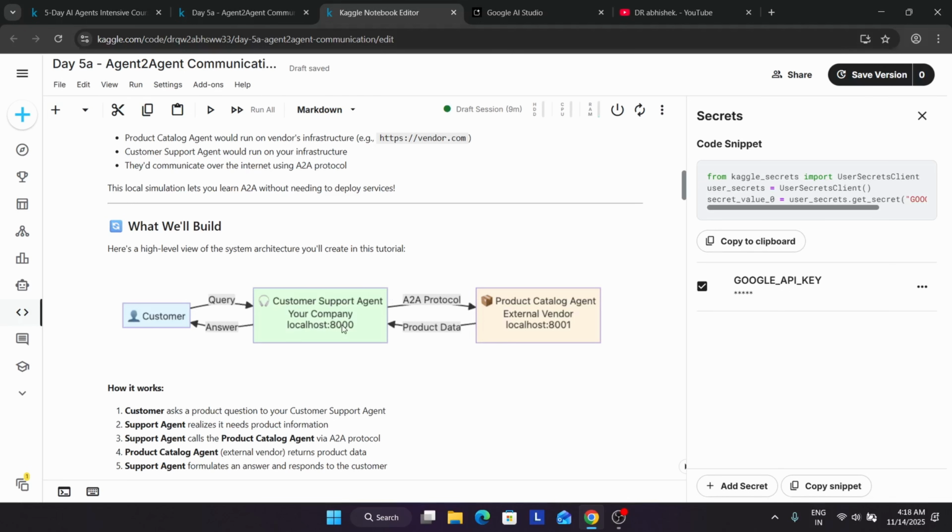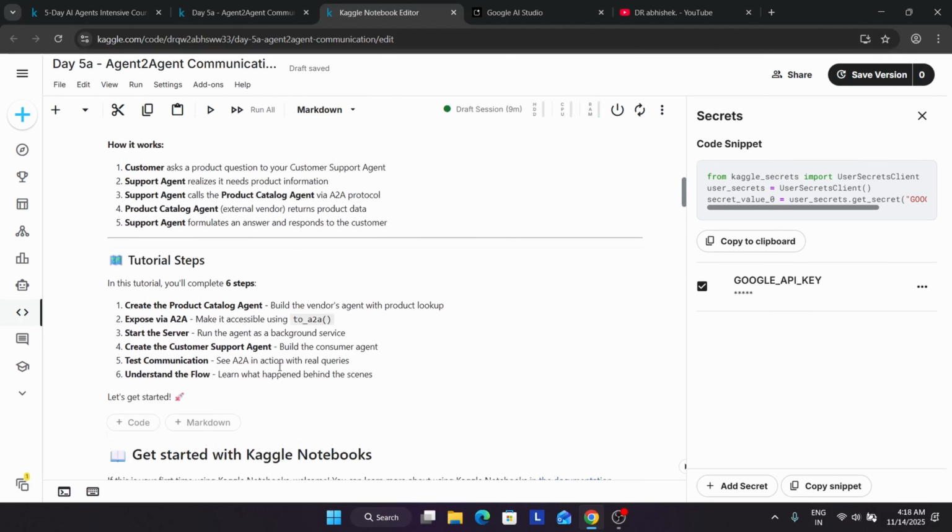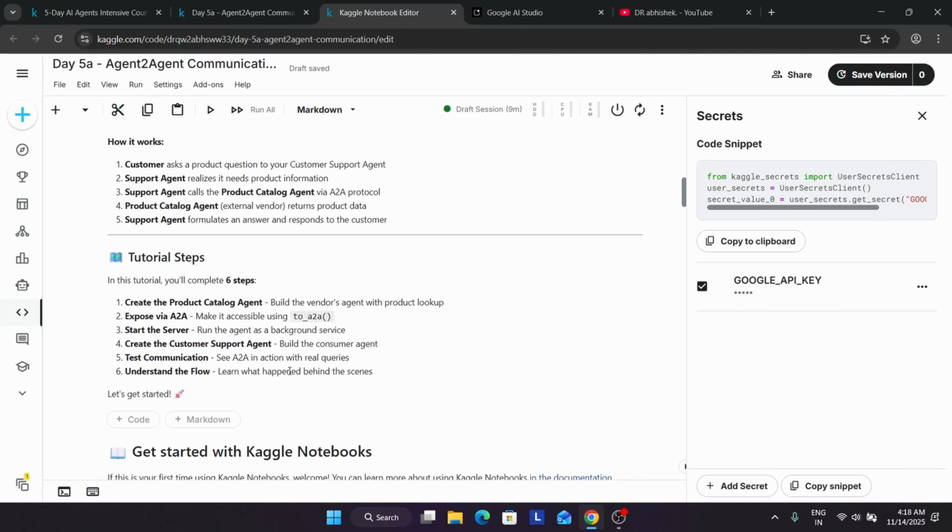Now here, for checking the product catalog, it will use the A2A protocol and retrieve all the data to customer support and then to you. So here is how it works: the customer asks a question regarding the product. Okay, as I said, the support agent checks the product information with your tracking number or order ID. Now the support agent calls the product catalog agent.